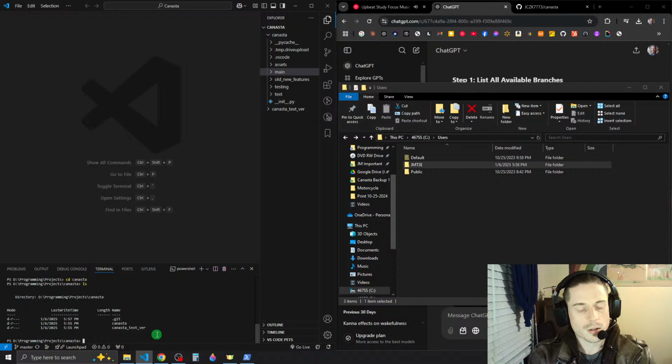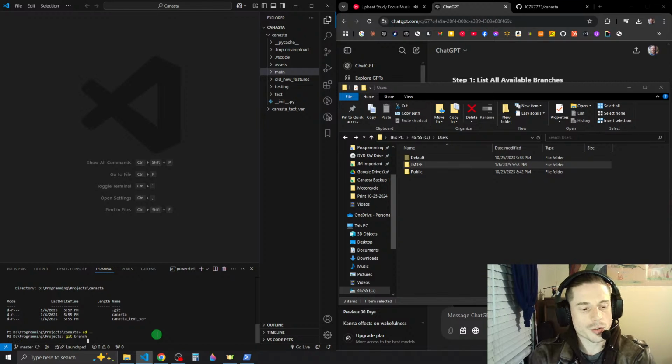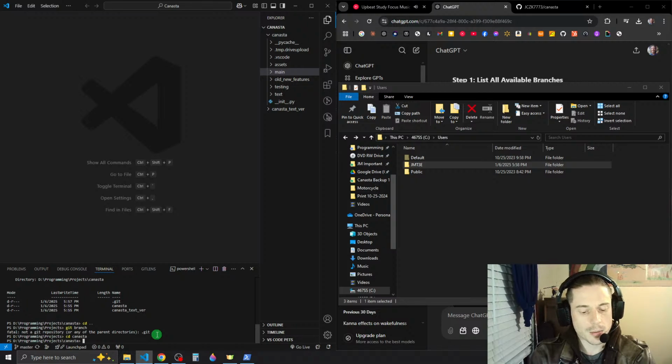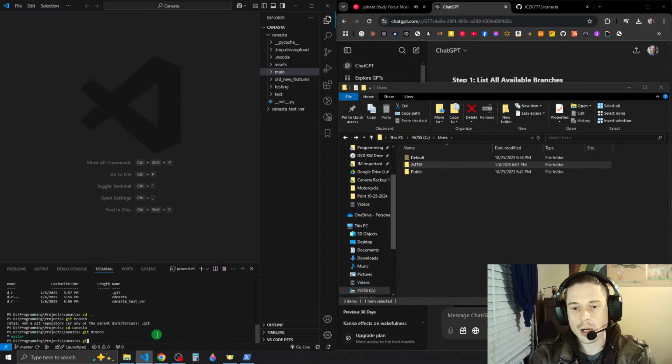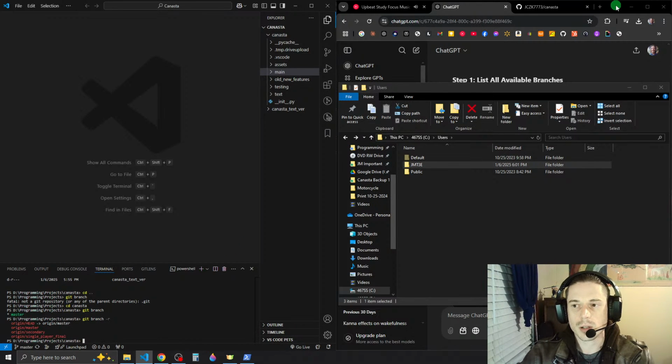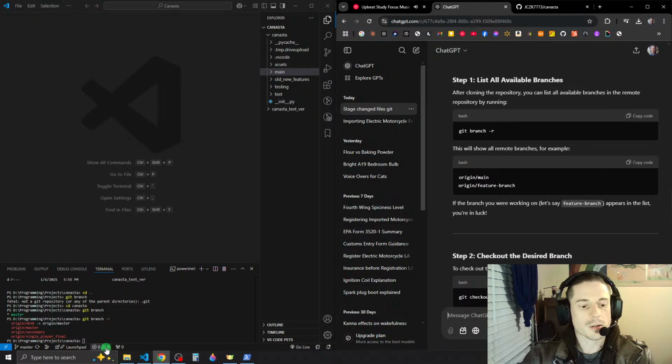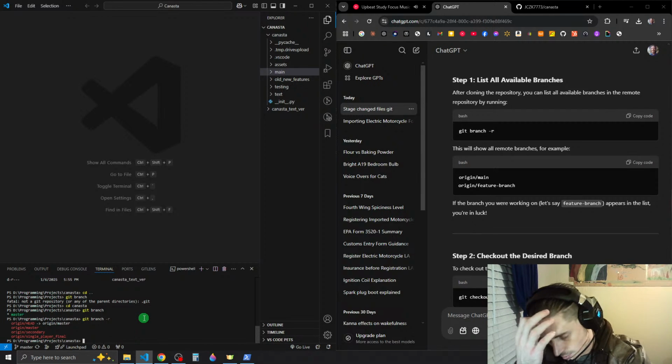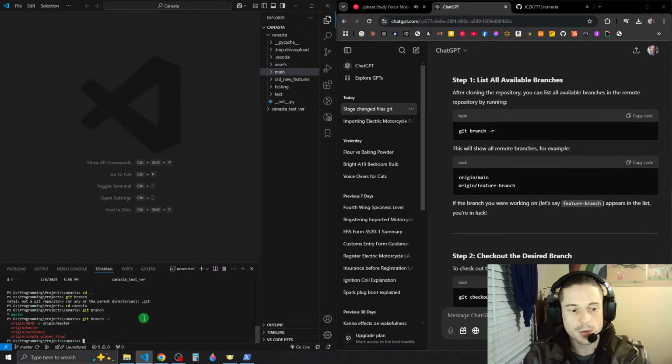ls. Okay. Now we're going to do git branch, not a Git repository. So it's actually, I should have known that. That was dumb. So git branch. Master. So now we need to do git branch, and then -r is for repository, I'm guessing. This will show all. Oh, r is for remote. Duh, it's not repository because they're both repositories, local and remote. We want the remote.